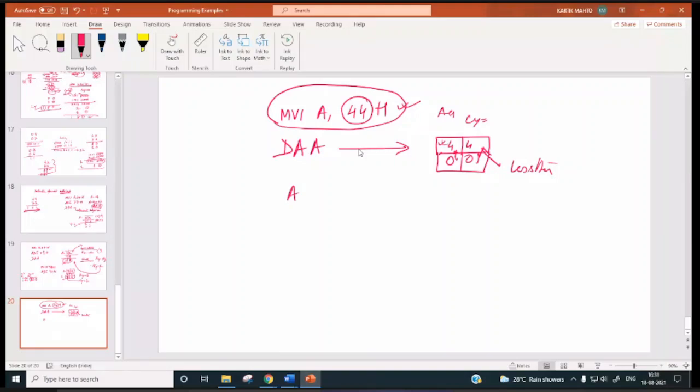That means whatever data we have moved to the accumulator is a BCD number. Each digit of this 8-bit data, or 2-digit data, is less than or equal to 9.